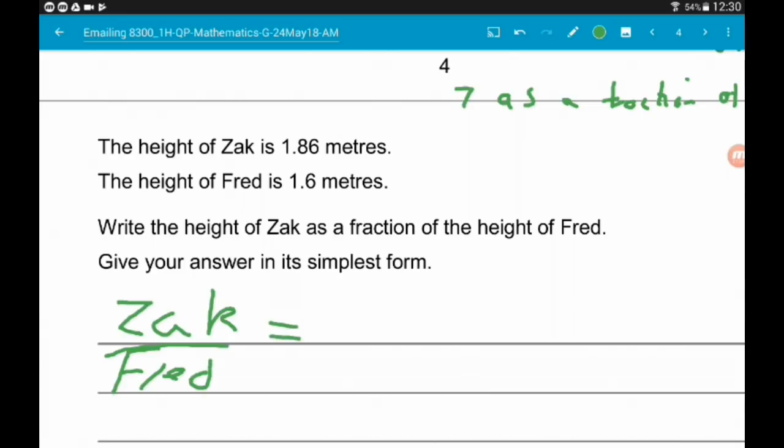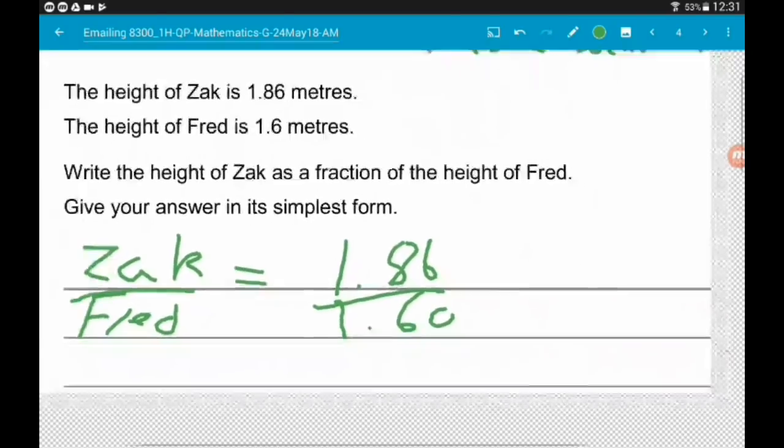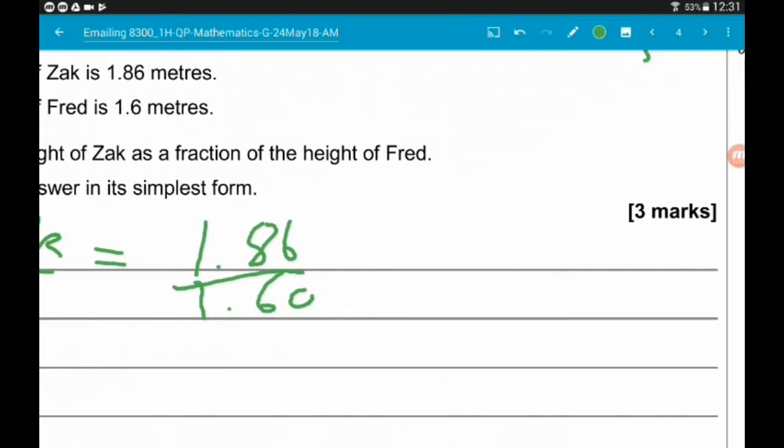So, that's 1.86 metres over 1.6. Now I'm going to put that as 1.60. Now, one thing we absolutely do not want in fractions are decimals. So I'm going to multiply the top and bottom by 100. And that's going to give us 186 over